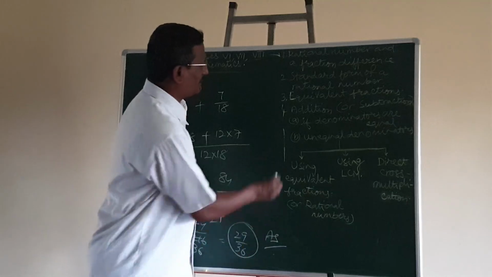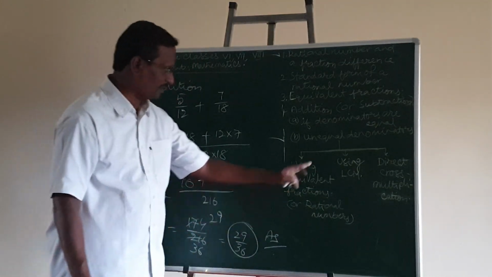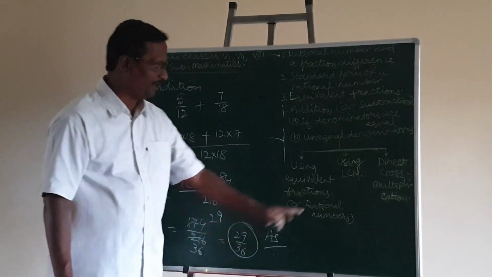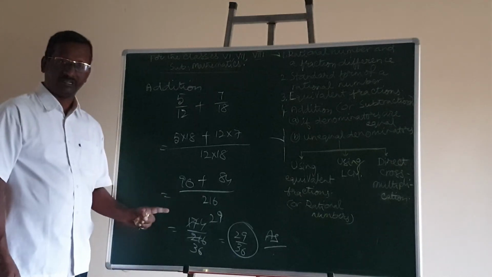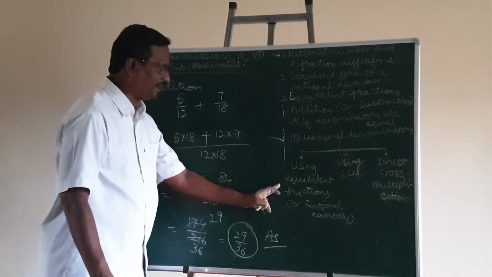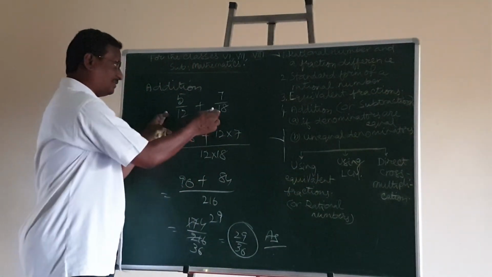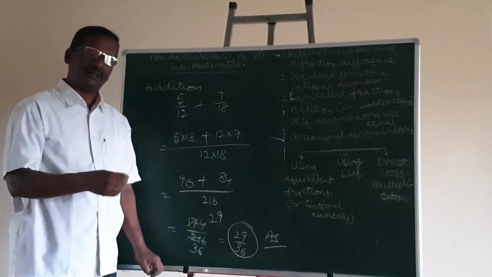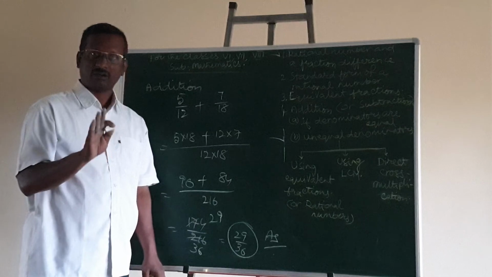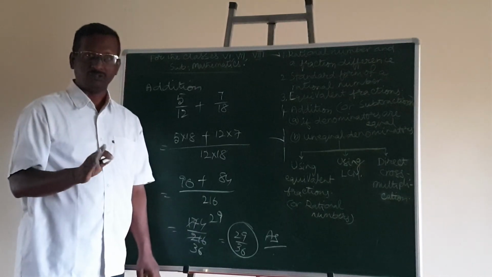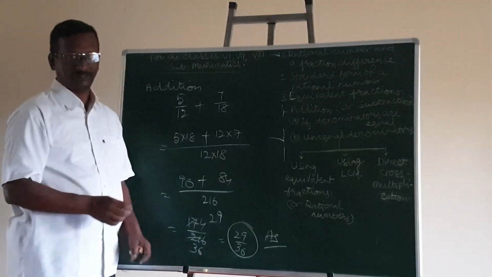Here, using equal denominators, using equivalent fractions, is the first method. The second method is using LCM, and the third method is by doing cross multiplication. The cross multiplication method, if you do not have any idea of the first and second methods, and if the denominators are smaller numbers, we can adopt. You are supposed to know the method, but you are not supposed to use it. Don't use it, but if necessary, without leaving the question, use this method.